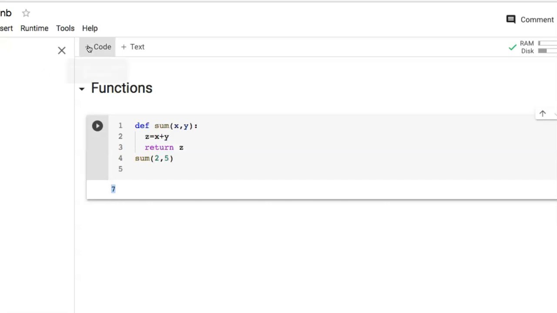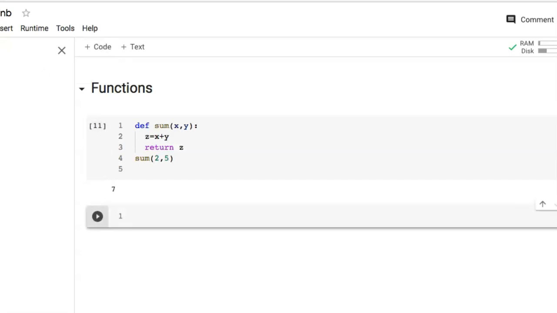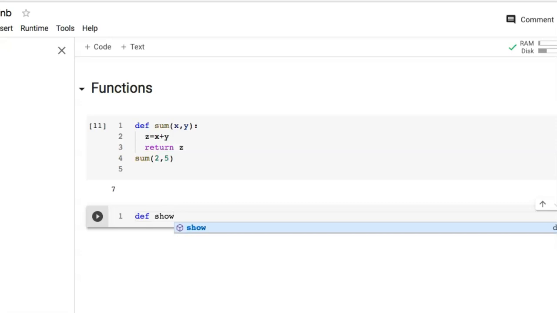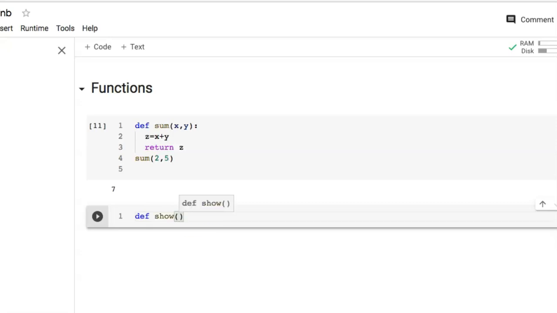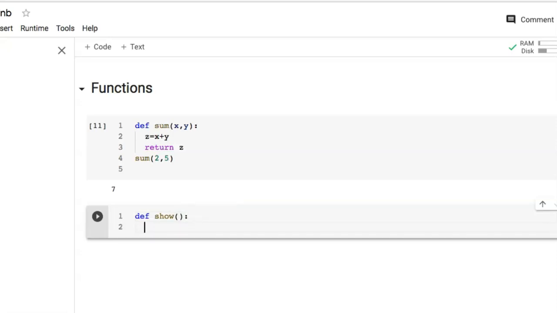Now take another code cell and here we'll have a function with no arguments and no return statement. So first the function header, write def, then the function name show without any parameters. After that, colon followed by the body of the function, and take two print statements here.